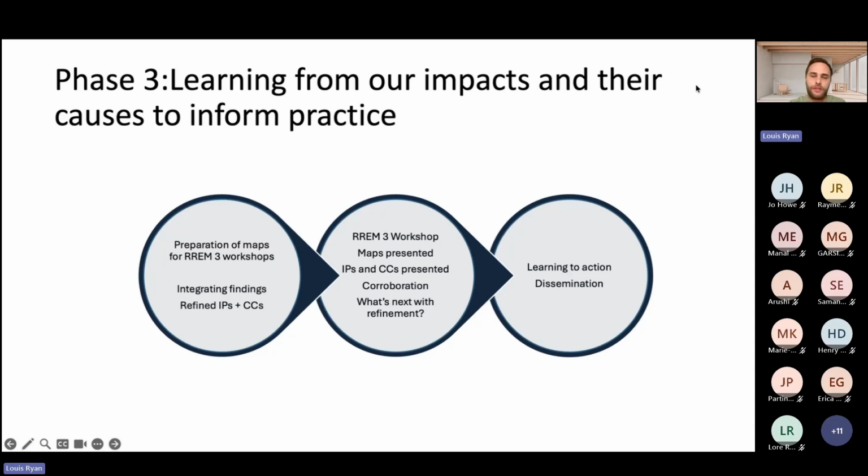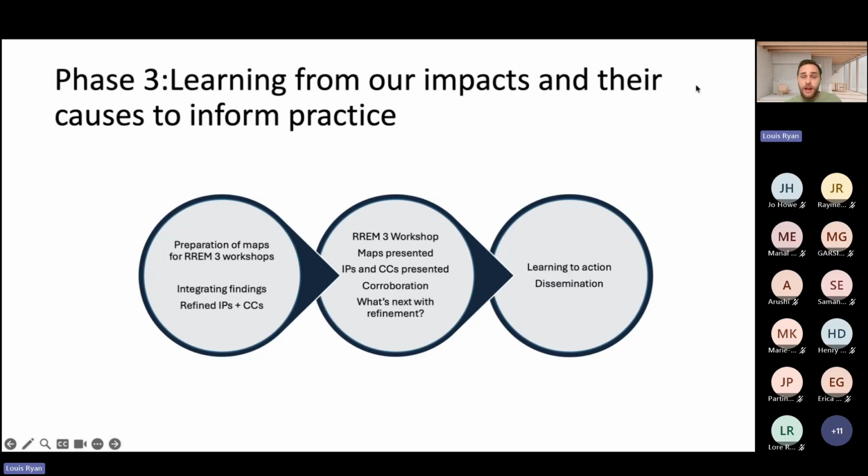They don't belong to Hartbury, they don't belong to us, they don't belong to the facilitator per se. In this circumstance, this map belongs to, say, Active Essex. They could continue to populate this for years to come, continue to use it in ways that work for them. And one of those things, the question that always comes up around that learning to action, that dissemination: okay, well, how do we share our map? What do we do with it? That's completely up to the people that are involved in it, what they want to do.